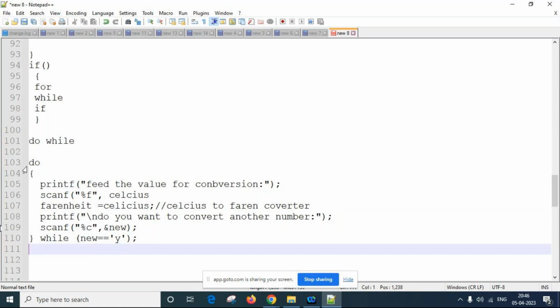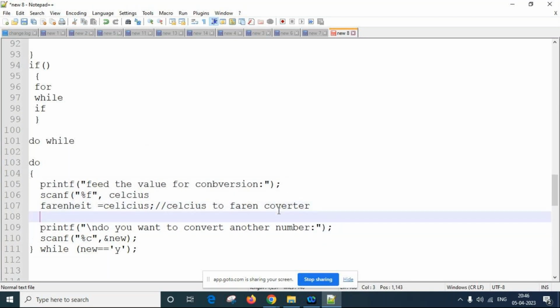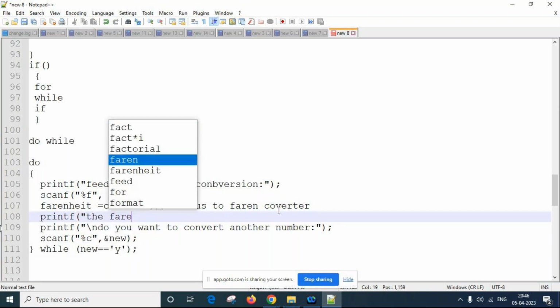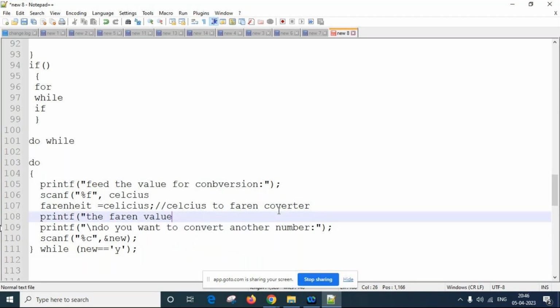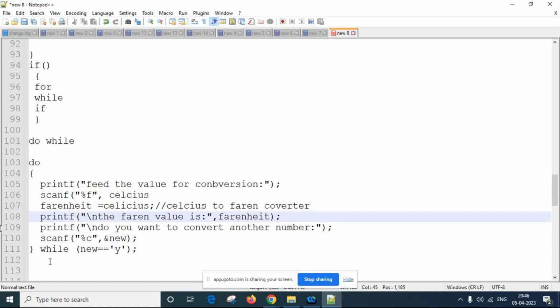And so this do loop will be first executed, and we will be printing the value, and we'll be asking whether we need to convert one more value.